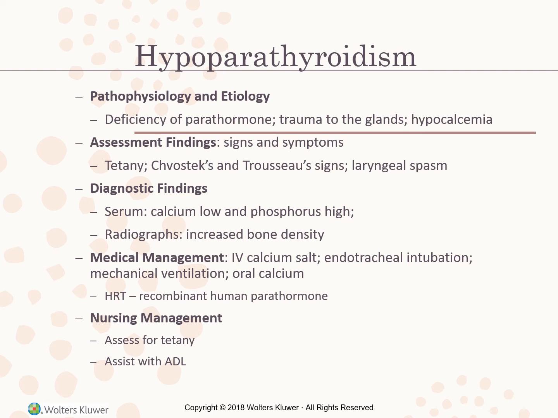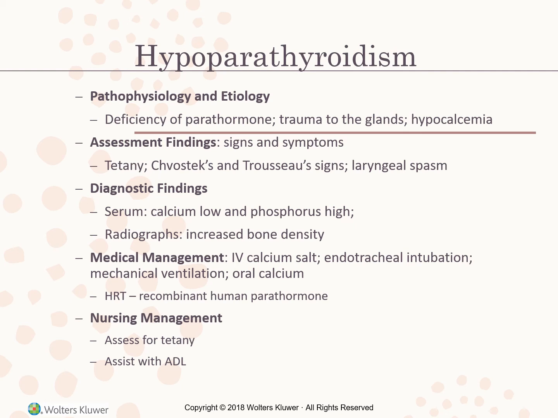The idiopathic form of this disorder is rare, but may be autoimmune in origin or caused by congenital absence of the parathyroids. So the main symptom of acute and sudden hypoparathyroidism is tetany. They will report numbness and tingling in the fingers or toes or around the lips, and a voluntary movement may be followed by an involuntary jerking spasm. They might have muscle cramping, a tonic flexion of the arm or finger.